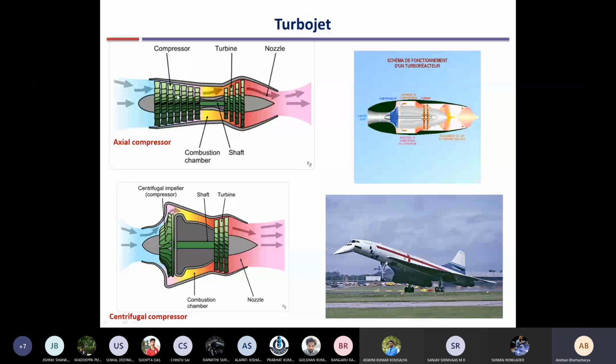So you have air coming in at high velocity, through a diffuser with increasing cross-sectional area, if the aircraft is flying at subsonic speed. If it is at a supersonic speed, then you need a convergent divergent diffuser. The diffuser's main function is to reduce the speed and increase the pressure. Some increase of pressure already occurs in the diffuser, and that actually helps us in reducing the number